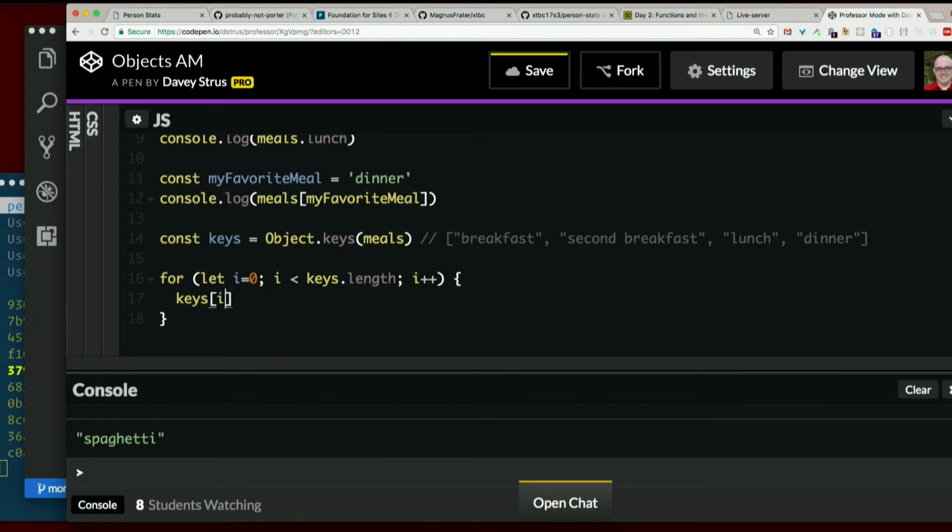Right. So keys square bracket i would be breakfast or second breakfast or lunch or dinner. So how would I get the value that's at that key inside meals? Right. Since I don't actually know the name of it, I can't use the dot syntax. So if that's a little much there, you could certainly just say